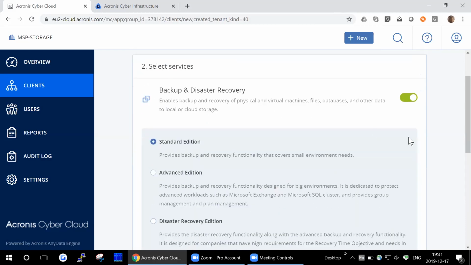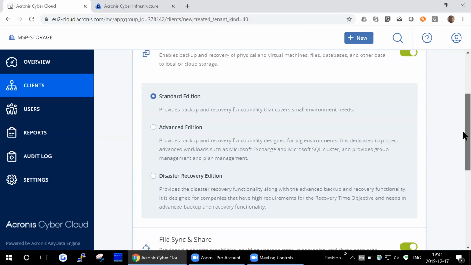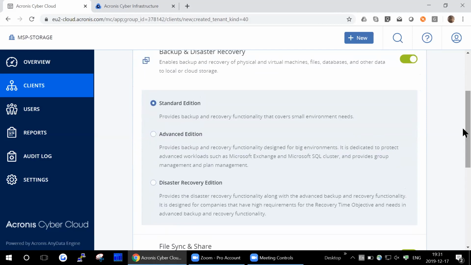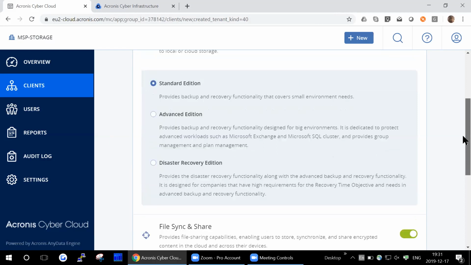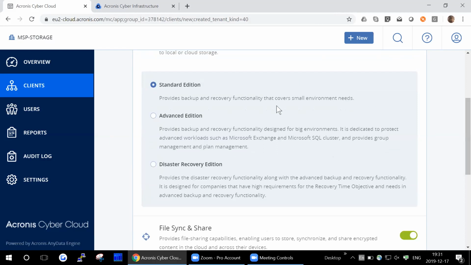So at the next stage, there are services, okay? And first of all, these are the editions, the available editions. Everything is enabled in that account. So on a per customer basis, the reseller, the service provider, can select which edition to be used by that particular customer. Typically, it's going to be standard edition. So standard covers everything that